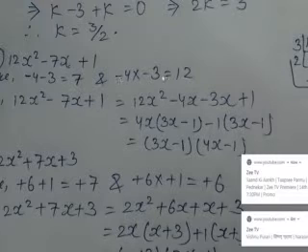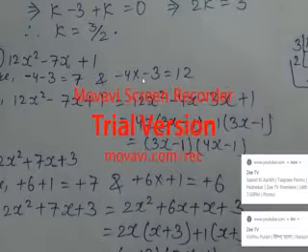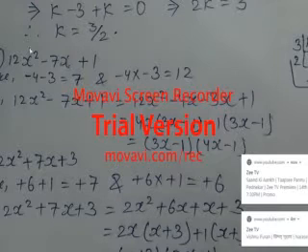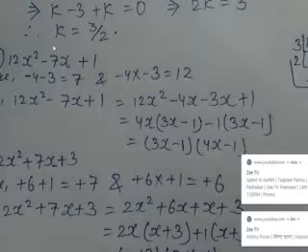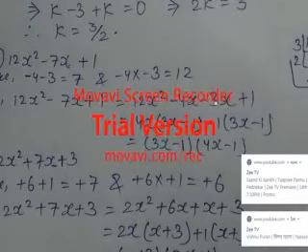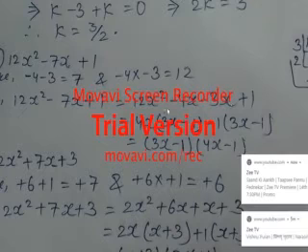In the same way, minus 4 times minus 3 becomes minus minus plus, and 4 threes are 12. If we multiply minus 4 and minus 3, we get the product of first and last, that is 12 into 1, 12. And when we add minus 4 and minus 3, we get the middle term, that is minus 7. Here you have to write minus 7, the minus has been left out. So you can write 12x squared minus 4x minus 3x plus 1. Now when we add minus 4x and minus 3x with the same sign, they are added and become minus 7x.